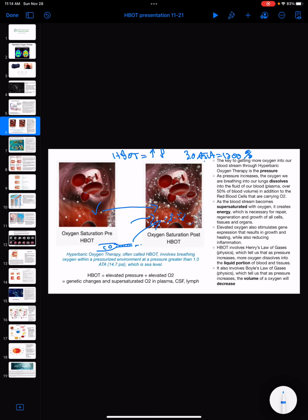And red blood cells kind of can't get through there. They get kind of clumped up. So we can still get lots of oxygen into those areas, and that allows us to heal. And it supersaturates the oxygen in our bloodstream. And then oxygen makes energy, right? So that oxygen turns into energy, which turns into whatever we need it for, healing or growth,